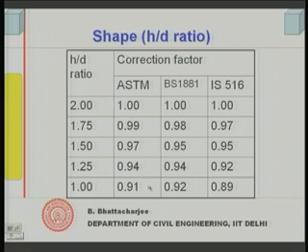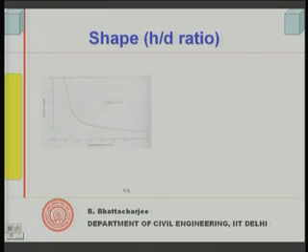In other words, what is being said here is it would be nearly about 10% higher. Well, nearly the same values, although with slight variation: this is 0.91, this is 0.92, 0.89. So, the codes normally allow testing cylinders with H by D ratio 1 to 2, and these are the correction factors. This gives the least strength. As you go on increasing, there is an increase and a further increase. So, it is something like this, right. That is the effect of H by D ratio on strength.